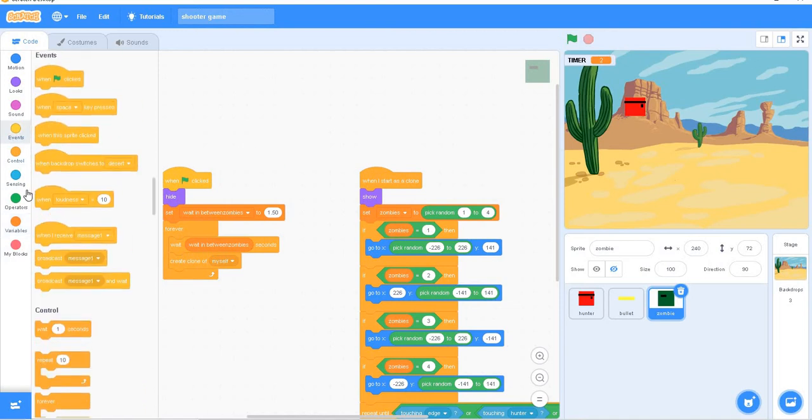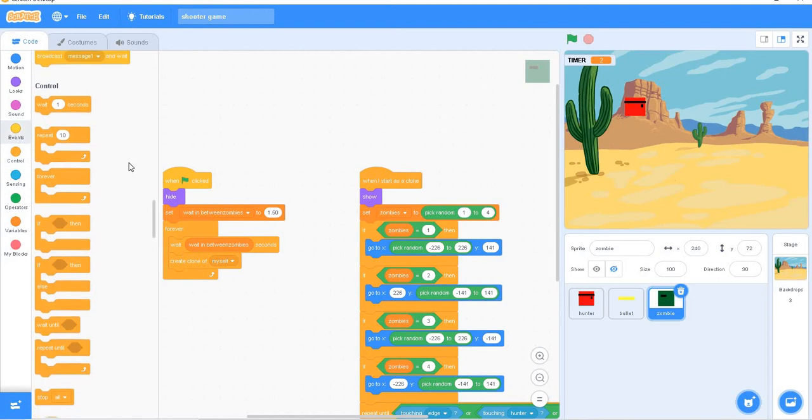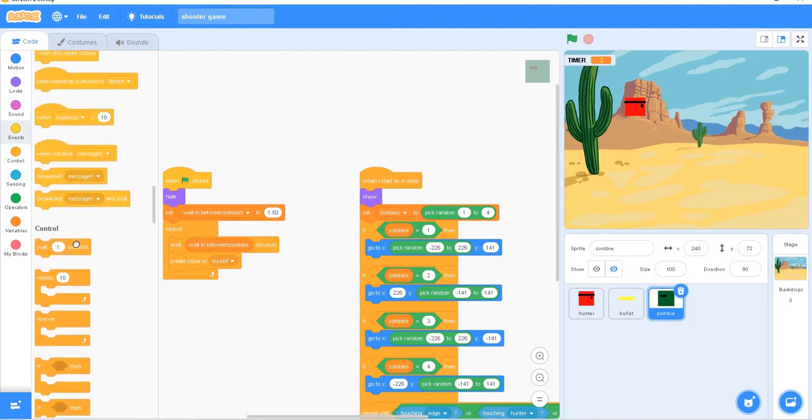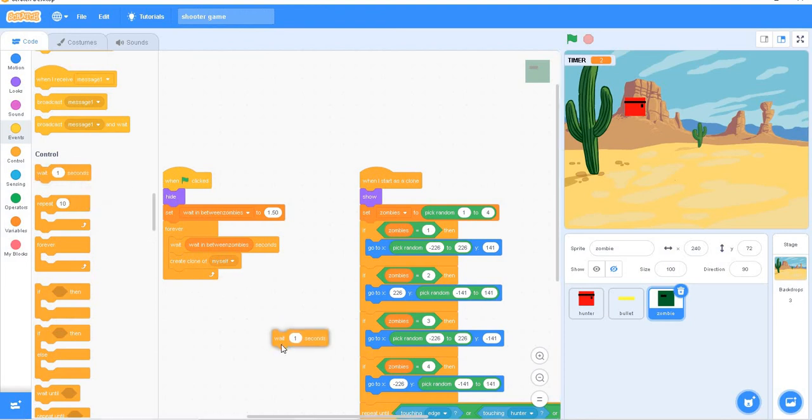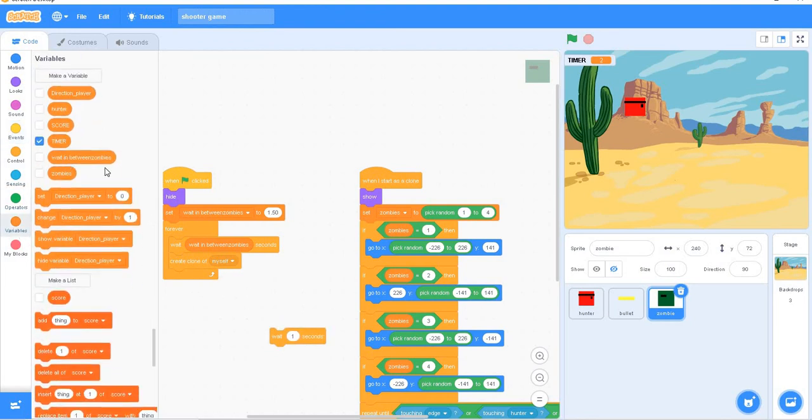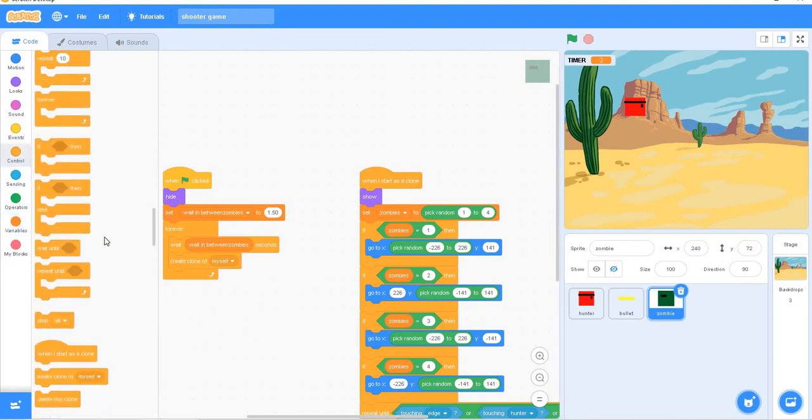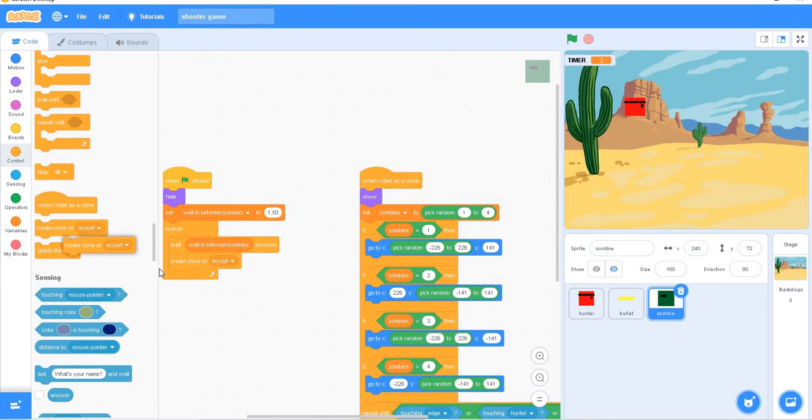And after that you have to take the forever block from here, and inside that forever block you have to put wait, and inside that wait you have to put wait in between zombies.